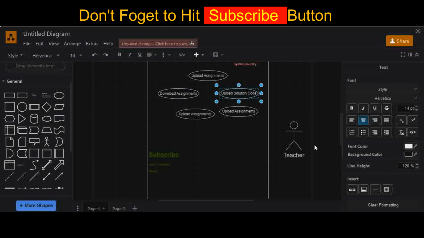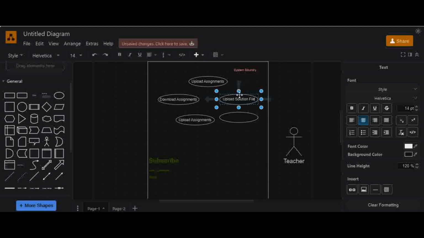Third use case is define evaluation criteria. This use case represents that teacher can define the evaluation criteria of each uploaded assignment, which includes functionality and quality of code.